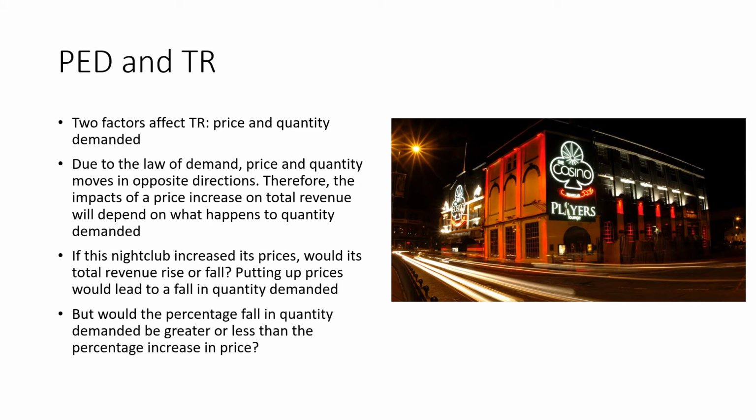So we'll look now at price elasticity of demand and total revenue. As we know, two factors affect total revenue, price and quantity demanded. Due to the law of demand, price and quantity move in opposite directions. Therefore, the impact of a price increase on total revenue will depend on what happens to quantity demanded relative to the price change. So if this nightclub, the one that's shown here, increased its prices, would its total revenue rise